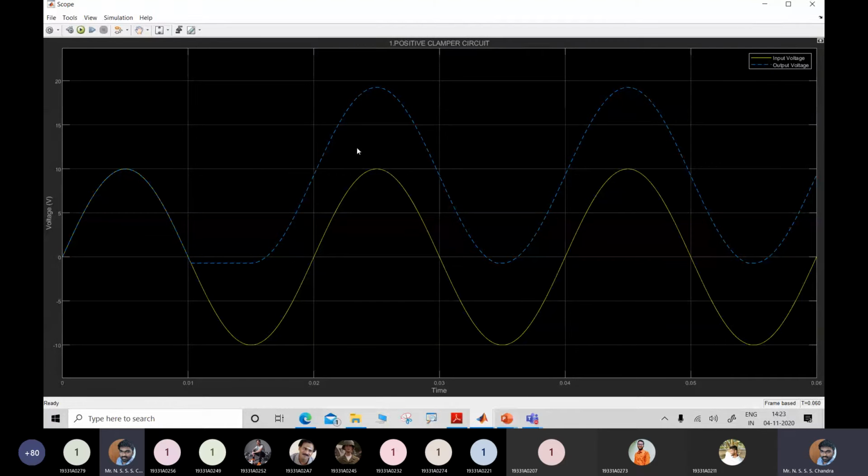So earlier we have seen that the voltage is raised by 10 volts, so when the peak is 10 volts in the input, you are observing the output at 20 volts. But now it is not at 20 volts. It has been reduced. Why has it been reduced? Please respond. Hello, am I audible? We consider the diode to be practical. Sir, yes, the practical diode, you are observing a drop in voltage.